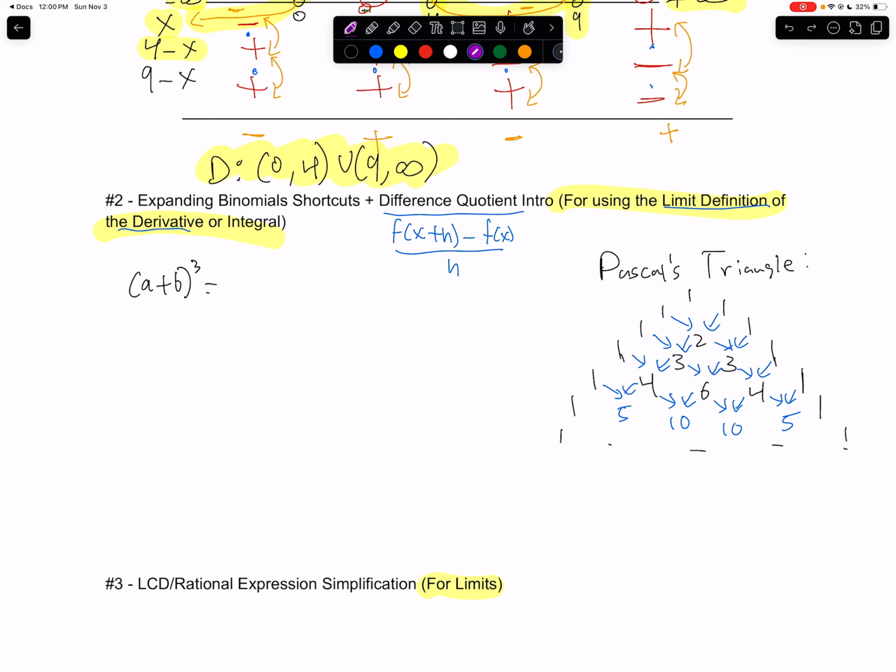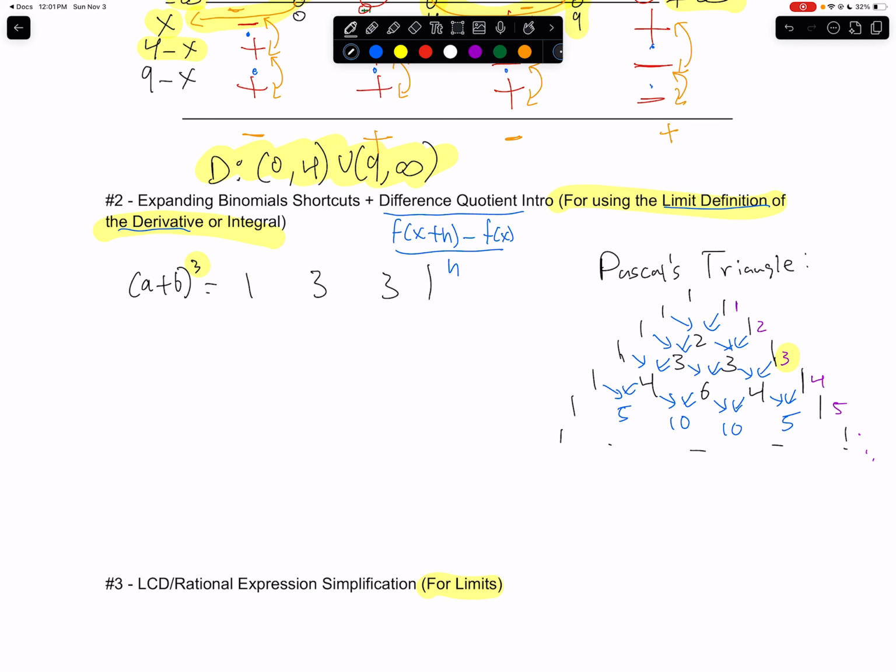So you're probably wondering, how does this relate to a plus b the whole cubed? You want to pay attention to the row number that you're on. This is row 1. This is row 2. This is row 3. This is row 4. This is row 5. Dot dot dot. So you want to match the row number with your degree number, the exponent. Here it would be 3. And I want row 3, so we know that we'll have coefficients of 1, 3,